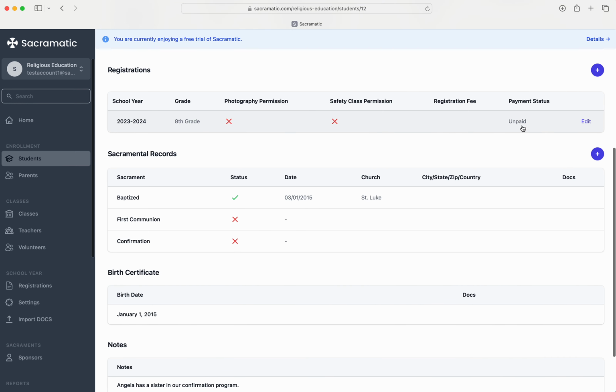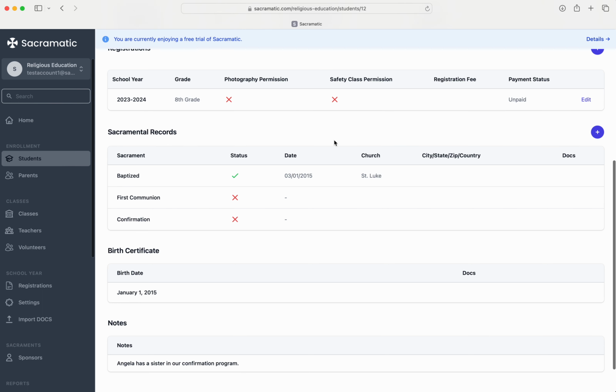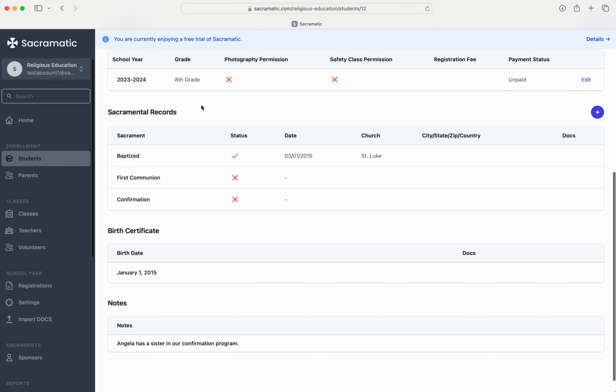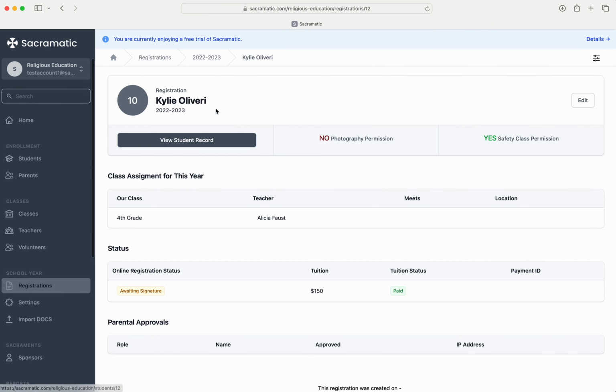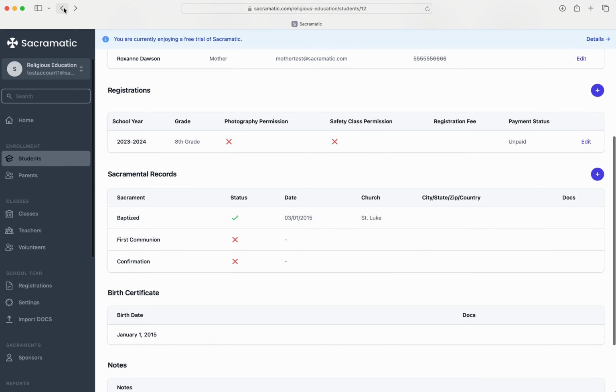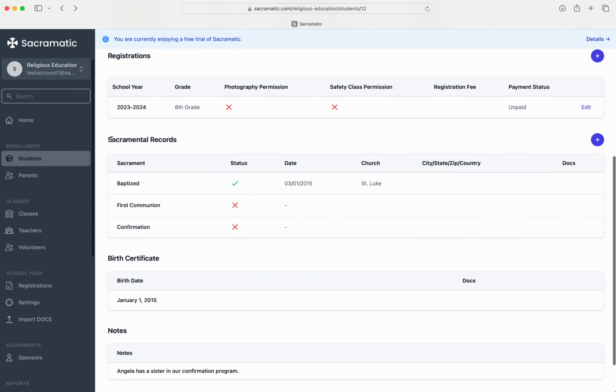Also, there's a status on if their registration has been paid and some permissions that we capture when the parents register them. Also, you can click this and you will go over to the registration record, which we will cover in another video. Then you see their actual sacramental records with the date, the location, and you can actually